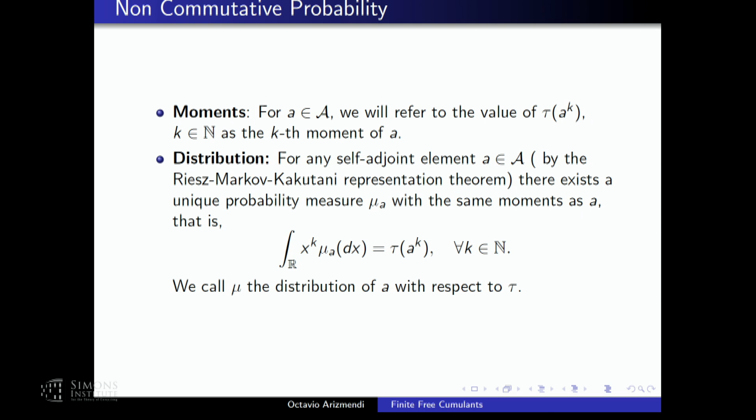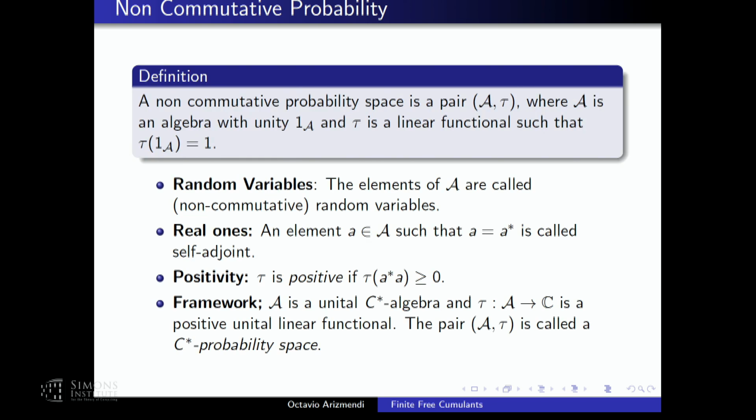Of course, in the general framework this may not be unique, but if we are in a C-star algebra and A is bounded and self-adjoint, we can be sure that there is a real measure which satisfies this identity. Okay, and this is what I mean by wanting probabilities here: when we put k equals 0, we want this to integrate to 1. That's why we assume that phi of 1 equals 1. Okay, and this framework comes from quantum mechanics basically, where this functional here is just the vacuum vector.